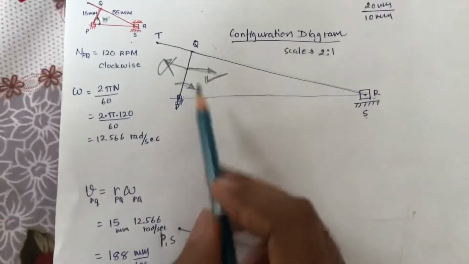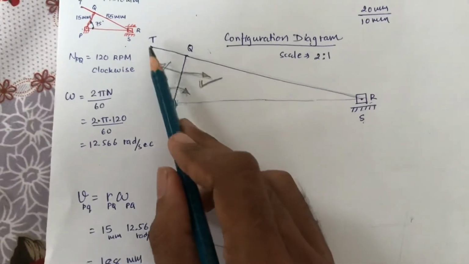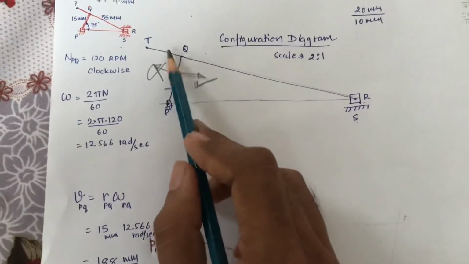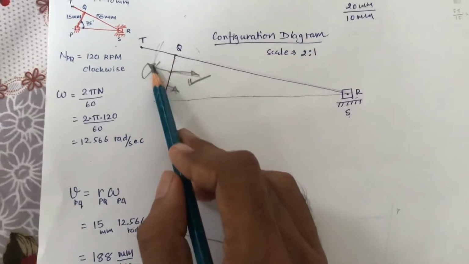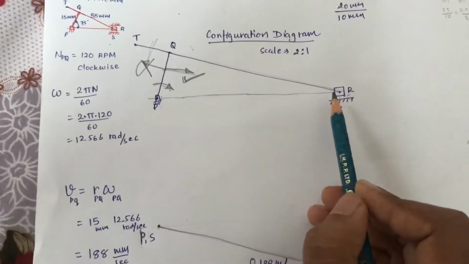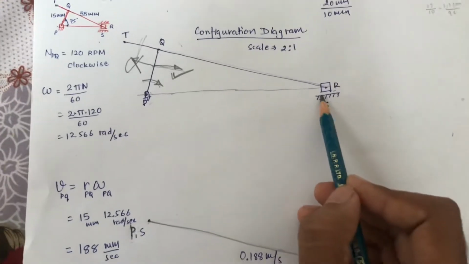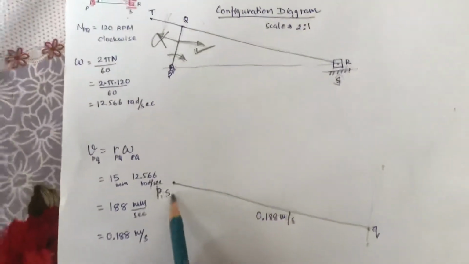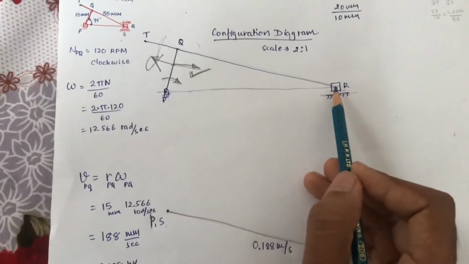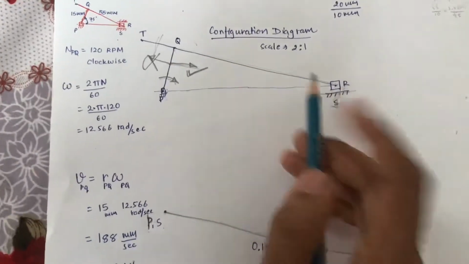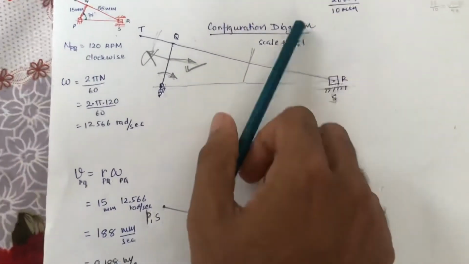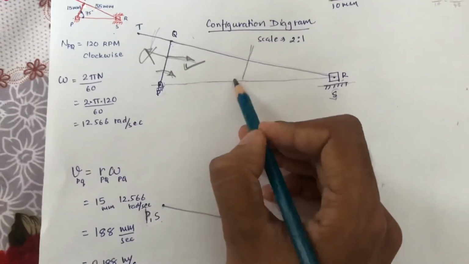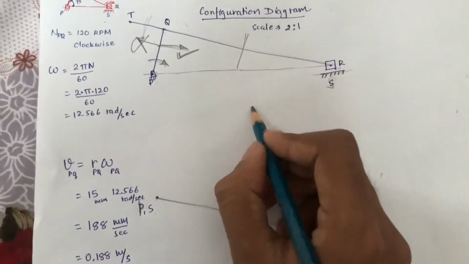Now we have already q. We are unable to draw t because t is towards the right side and there is no direction. We can draw only a perpendicular line from q, but we know R is a slider and the slider slides on the S path, which is fixed. S is fixed. We have already the s point over here. Now to identify the slider, the velocity of the QR link is perpendicular, that we know. For a link, the velocity is perpendicular to that link, but for the slider, let us consider this slider.